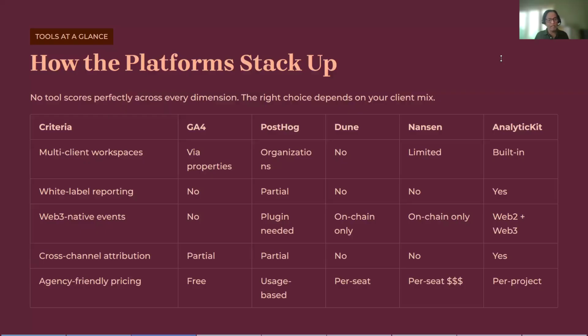And then for agency friendly pricing, Google Analytics, it is free. There is no pricing. If you have a Google account, you can use it for free. For PostHog, it's usage based. The other option is PostHog is an open source software. If you want to run it, and if you know how to manage, then you can run it on your server by deploying the entire stack, understanding all those setups,